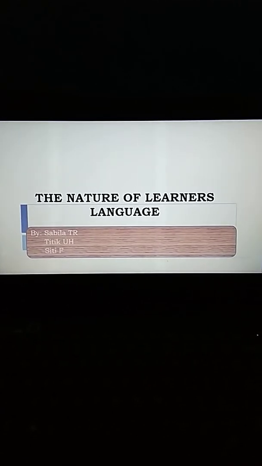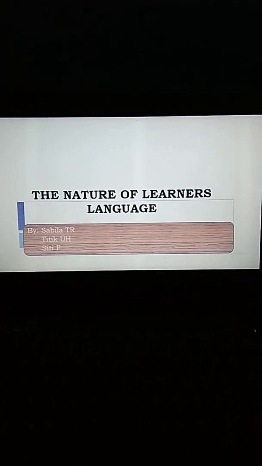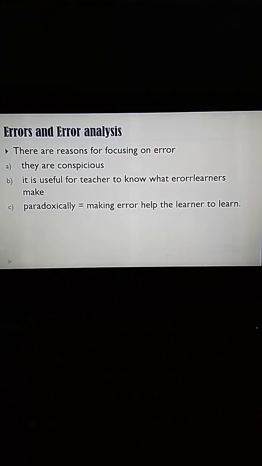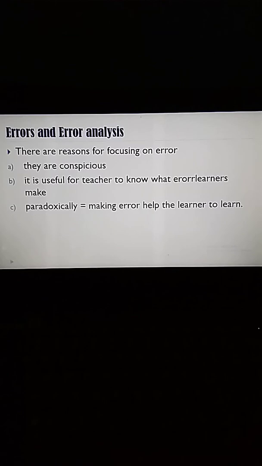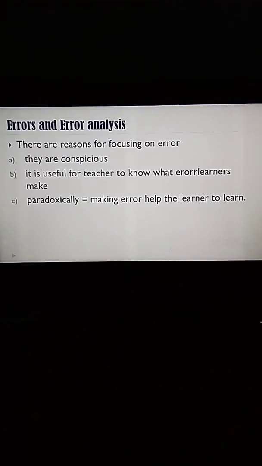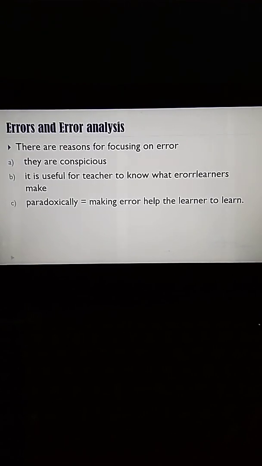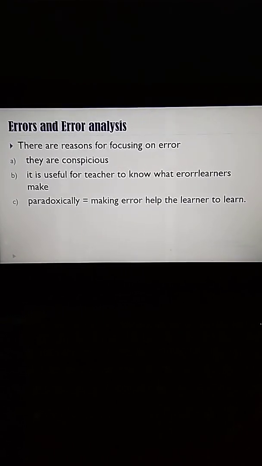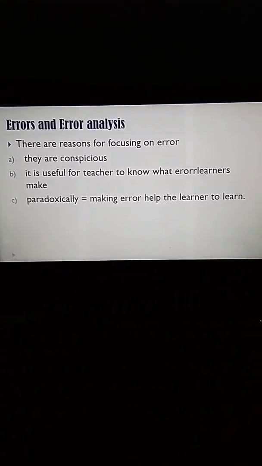We will explain about the nature of learner language. The first is errors and error analysis. There are several reasons for focusing on error. The first is that they are conspicuous, and the second is it is useful for teachers to know what errors they make. And the last is paradoxically,